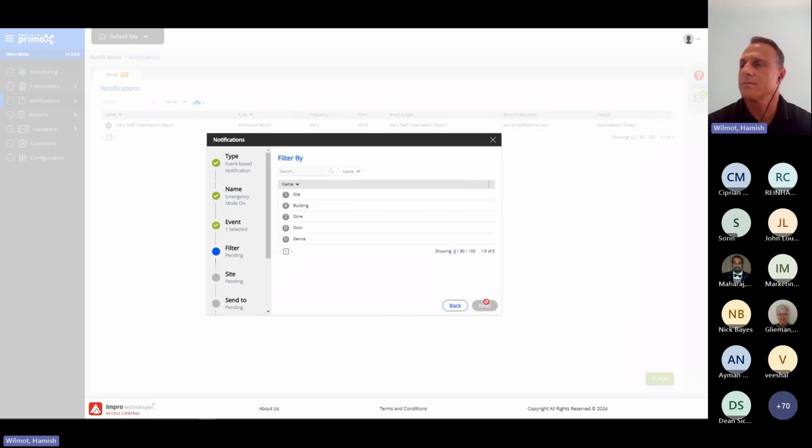We will then add a filter. You can filter it down to the device or door, but in this case, we would like to know if the input has been enabled, triggered anywhere on the site. Select our site,